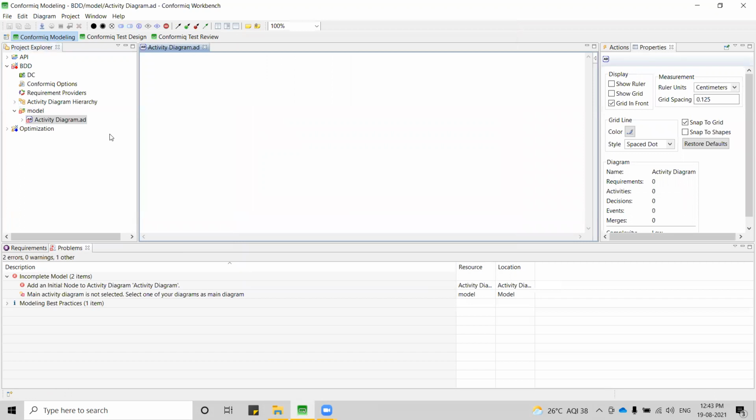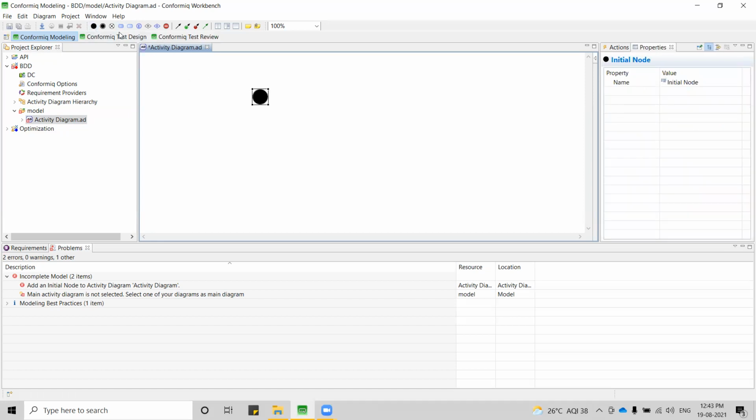When we are working with BDD models, we go for this model creation when we don't have any mockup screens in hand, but we want a high level model created based on the requirements. So here we use only the activity diagram, not the structure diagram. Structure diagram is not needed because we are not going to create diagrams or models based on the UI part of the application. We are just going on a high level, saying that in this functionality, these are the actions that we are going to do. So let me create